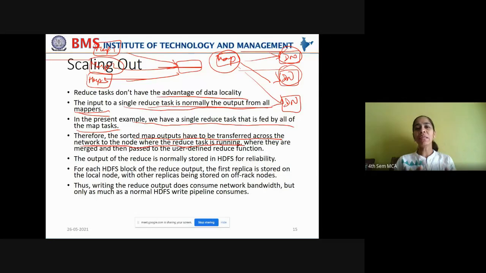These data nodes only act as job trackers and task trackers, right? You don't have many different entities. Data nodes play the role of executing a map function, reduce function, executing a job, say acting as a job tracker, acting as a task tracker. Everything is done by the data nodes only.